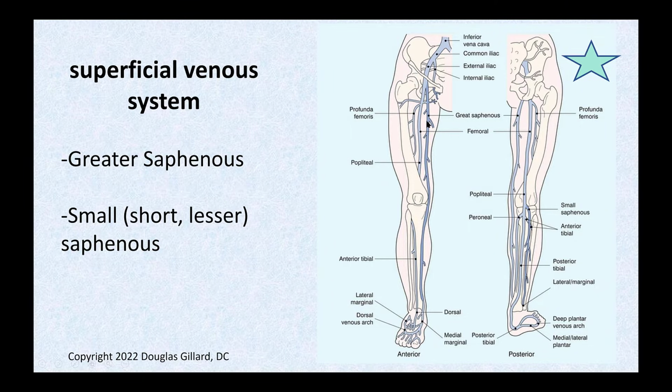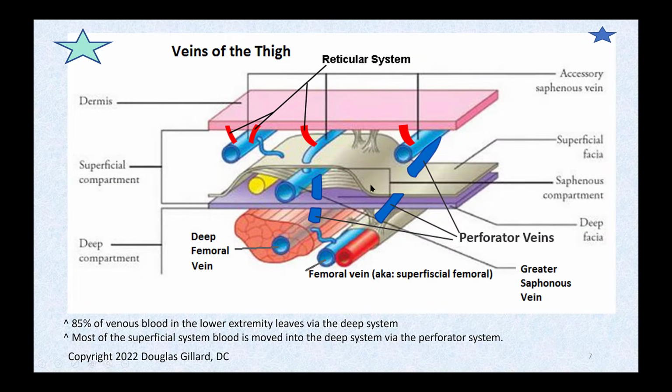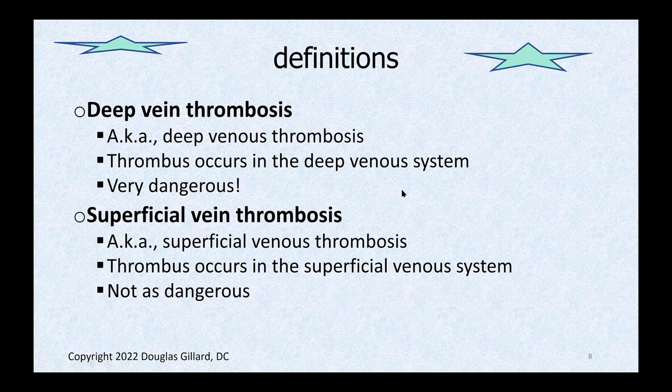A blood clot in the superficial system is not as dangerous because the flow of blood is into the deep system. So the blood clots tend to get stuck in these perforator veins. There are perforators right there. They tend to get stuck and can't go anywhere. They're too big to get into the deep system. The deep system is dangerous because there's nothing stopping that. If the thrombus breaks loose and becomes an embolism, there's nothing to stop it from going all the way into the heart, lungs, or kidney, or anywhere on the way up.